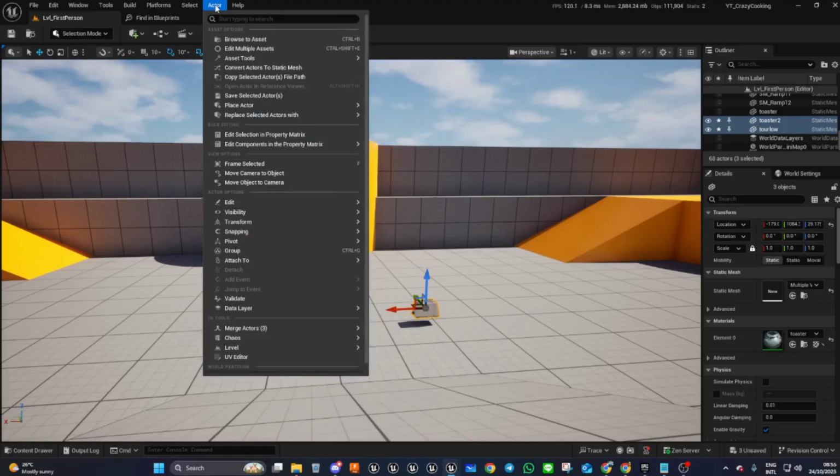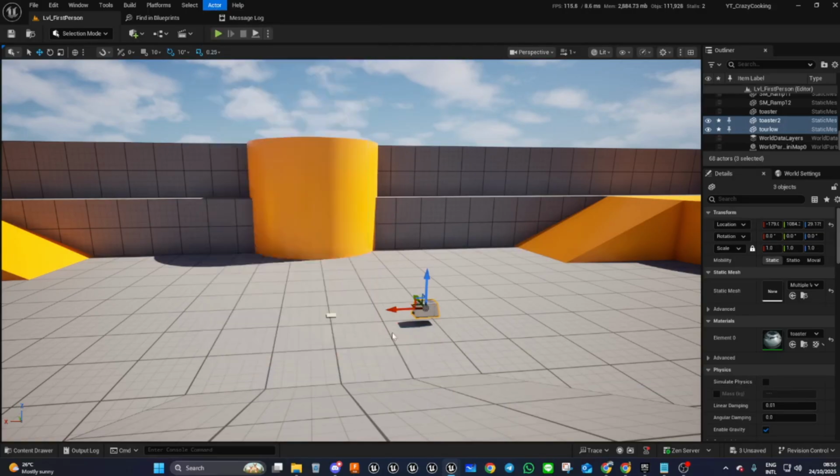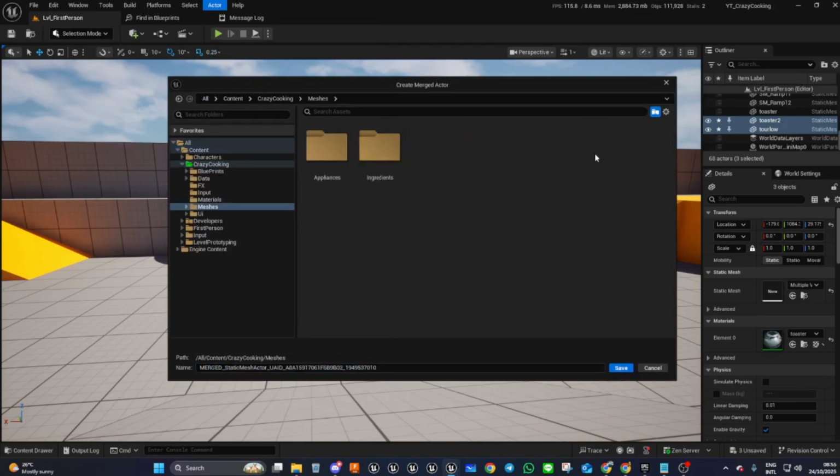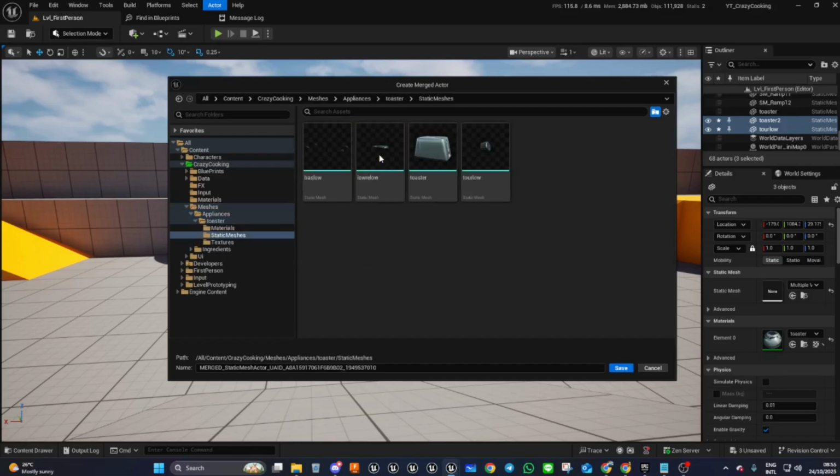So we go to Actor, and all the way down here we've got Merge Actors. We go to Merge. We choose where we want to put it. We're going to put it in our meshes folder, our appliance folder, our toaster, our static meshes folder here. And it gives you this great long name. So we're going to name this as